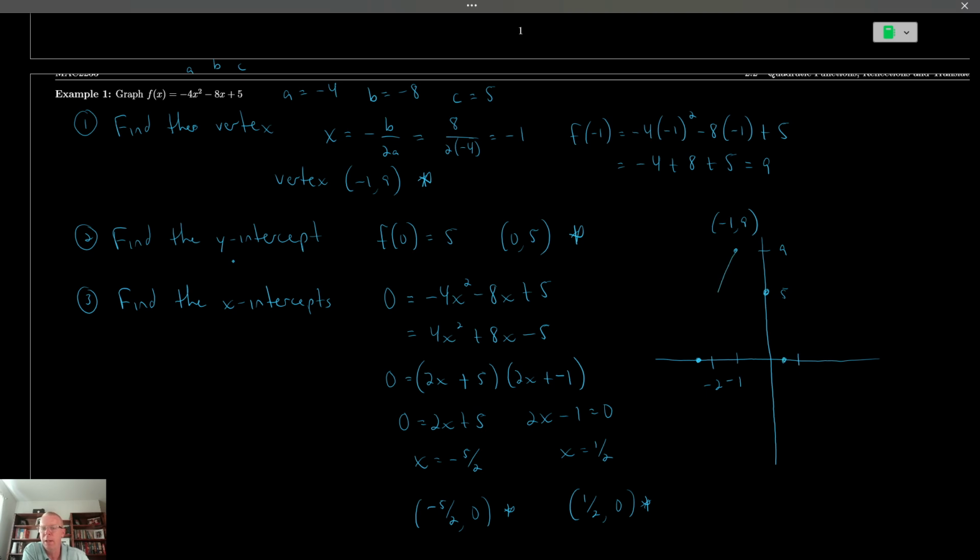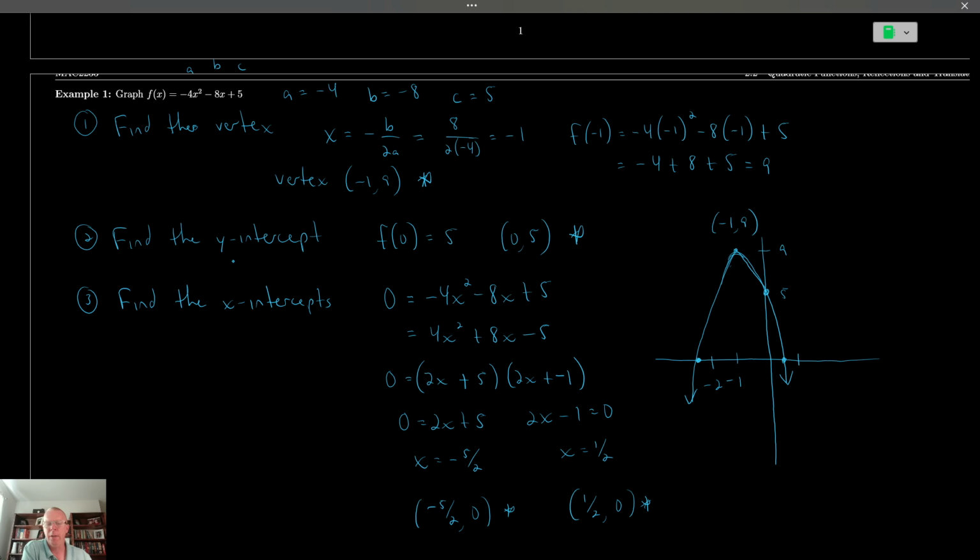So I'm just going to come down and like that. Really, you don't even need the y-intercept. Obviously this should be more rounded, but we're just drawing by hand. So something like that. If you find the y-intercept, the x-intercepts, and the vertex, you can plot those points,